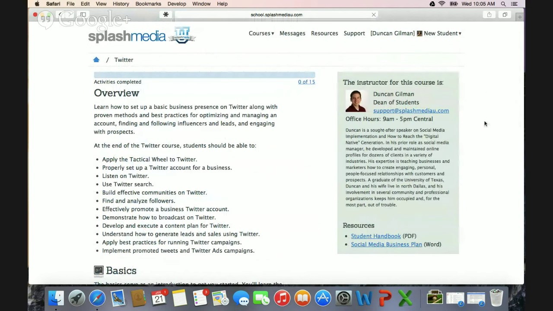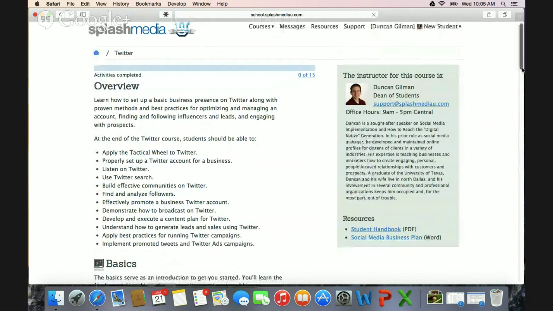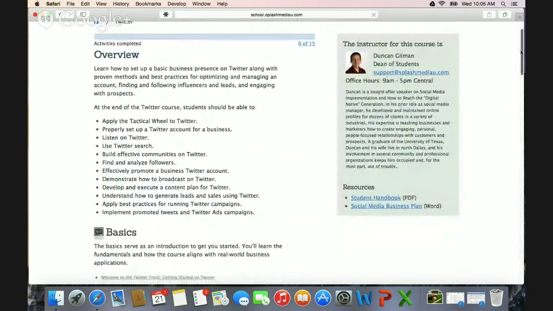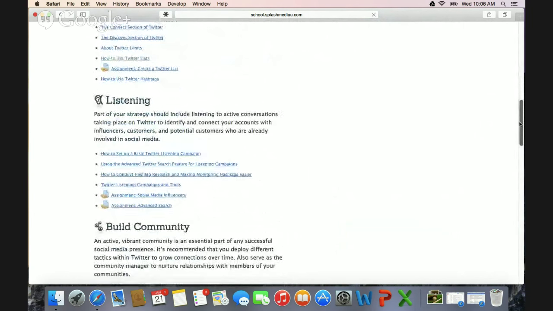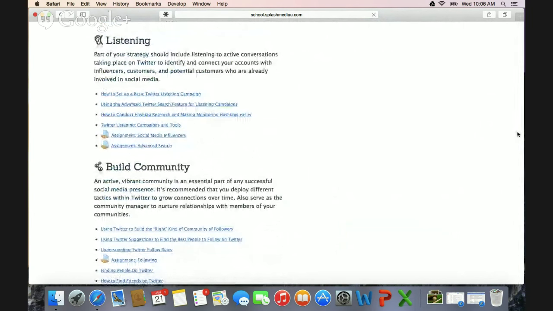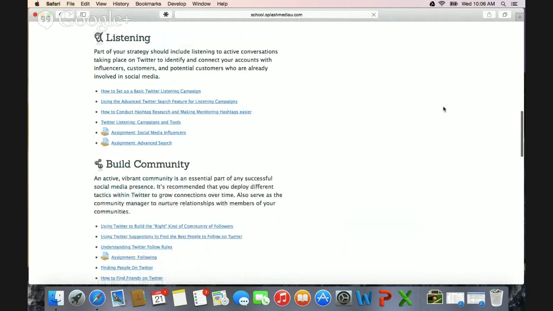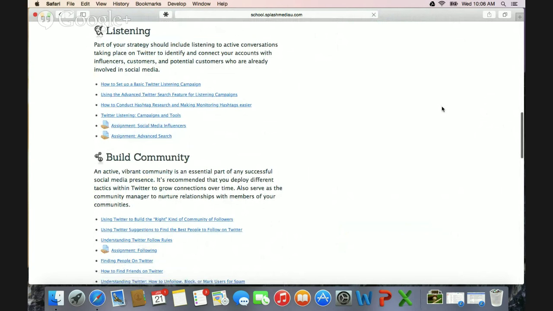I clicked on Twitter, and you can see we've got Twitter structured in a certain way. We've got an overview of what you'll learn in the Twitter course. Then we've got basics that'll walk you through all the setup and the initial steps for how to tweet, how to retweet, what the different things in the Twitter layout mean and how you can use them. And then our structure goes into what we call the tactical wheel. It consists of 5 different items that take you through any social media platform. And it consists of listening, building community,